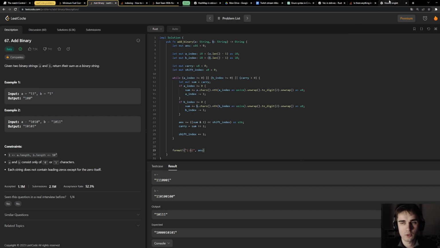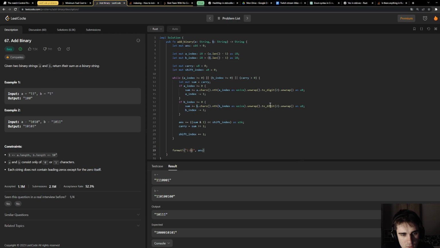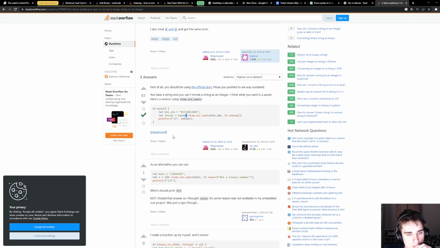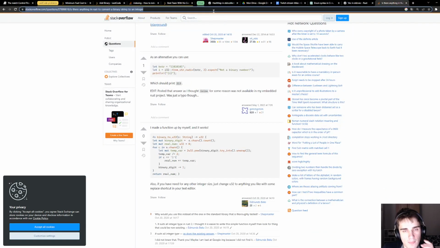I think the format function's behavior is not what I'm expecting. To be fair, I could code the function by myself, but I find it quite tedious, so let's find something better.